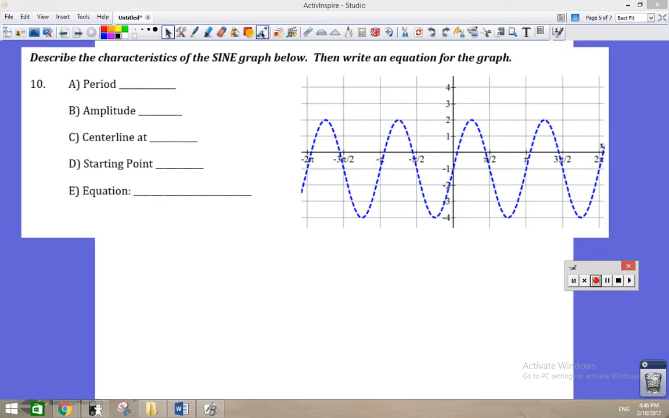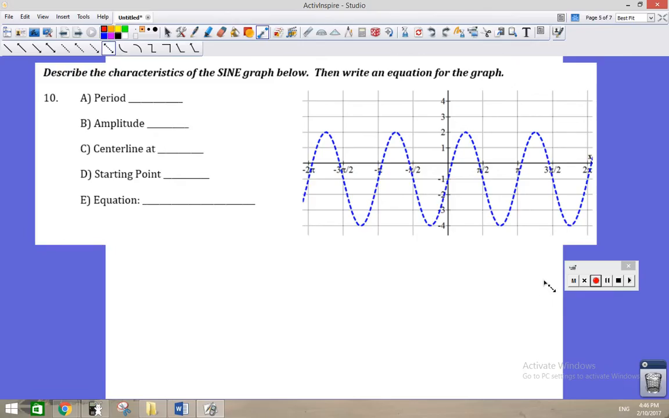So I'm going to look at my range, my max and min values here. I can see that this graph is sandwiched between y equals -4 and y equals +2. And I know my center line is at the center of this. So 2 plus a -4 is -2, and half of -2 is -1. So my center line is right here at